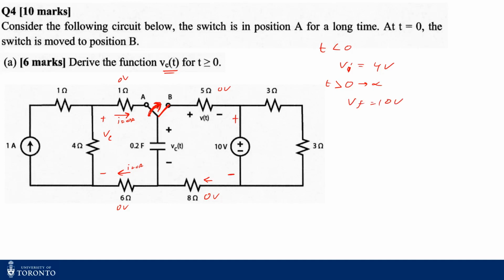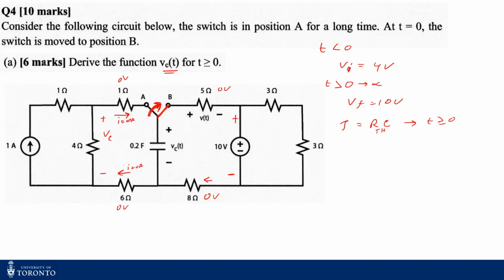So then you have to find out the tau, the time constant. Since this is a capacitor, your tau is given by RC, and this R is basically R Thevenin across the capacitor, right? For which time? For t greater than or equal to 0. So for t greater than or equal to 0, your switch is placed at position B, right? So now for that one,